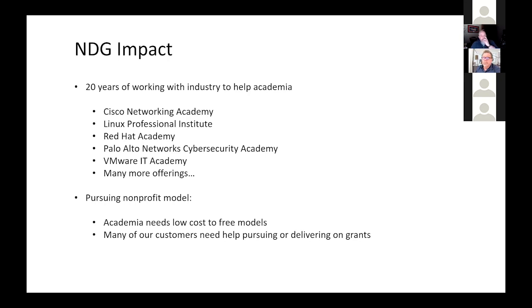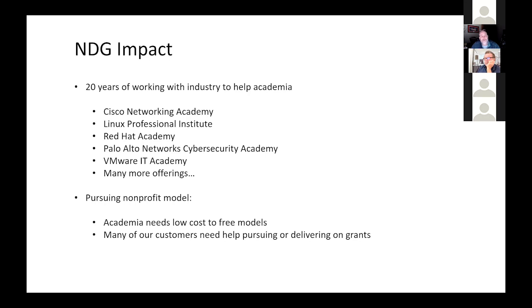Red Hat Academy probably doesn't need any kind of exposure because at this point, hopefully you're aware of it. If you want to expand your knowledge in open source and then document enterprise knowledge of Linux and open source, Red Hat Academy has excellent content, not just Linux, but they also have things around cloud and automation. So really good program.